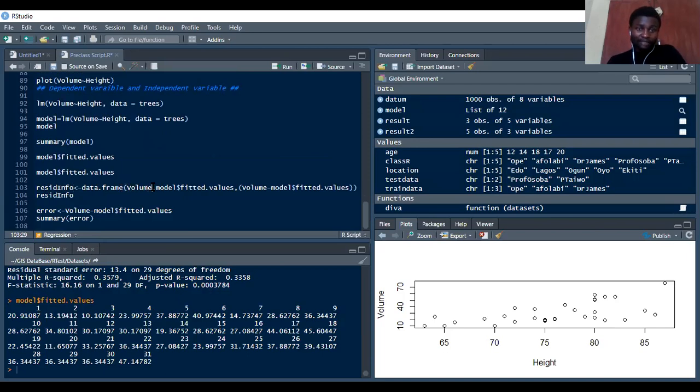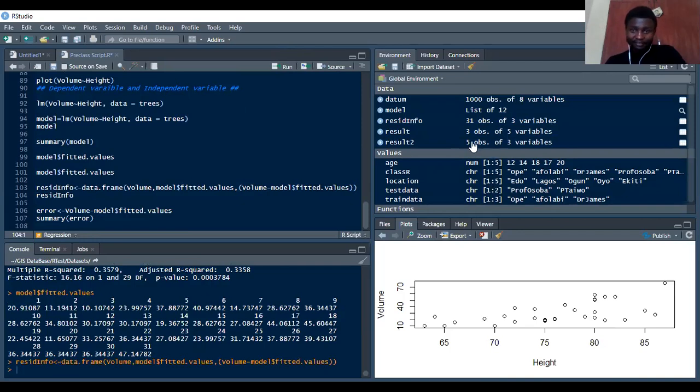And I'll say the observed volume. This is the observed volume, the measured volume. And I will say comma. I want to place it by the side of the fitted value, which is the predicted value for the volume, that you can get by using model $fitted.values, comma. Then I want to know the difference, which is the error, and how big the margin of error is and how small it is. So I will say open bracket to be sure, because I want to perform a minus operation, a subtraction operation: volume, the observed volume minus the fitted value. So when I run this,